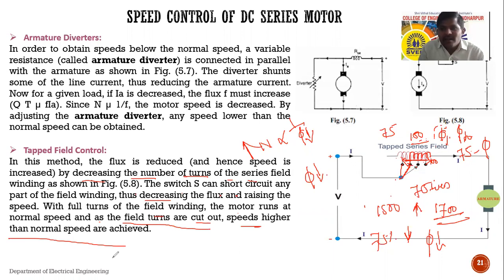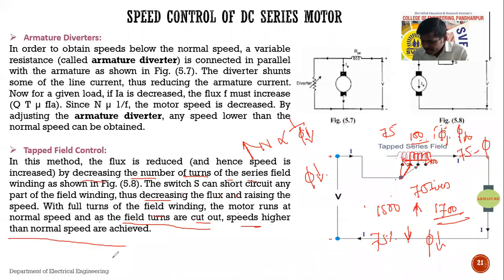Again, this method is very suitable in the case of a traction system. In the traction system, this method is very suitable to increase the speed of a train. To increase the speed of the train in steps, we are using the tapped field control technique. Okay,